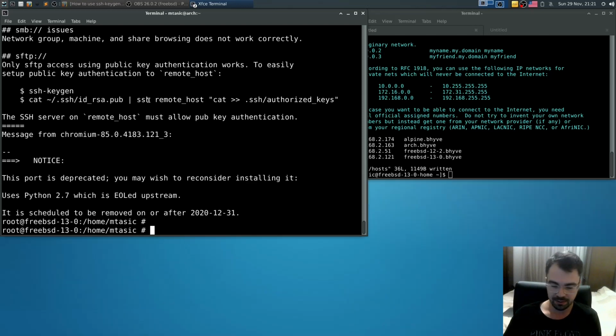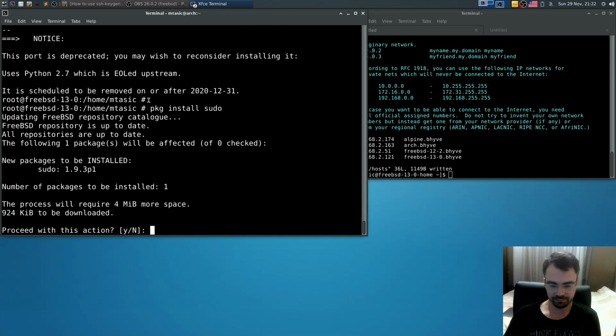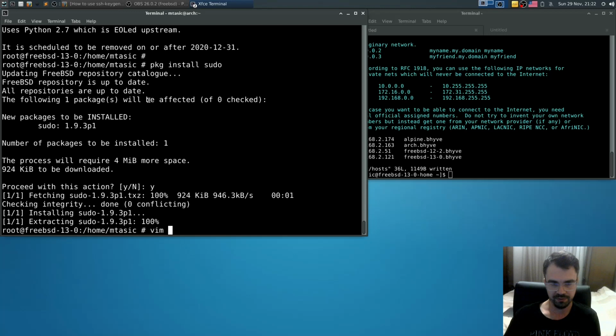Yes, let's now configure. Let's make sure sudo is also installed. It's not. Vim /usr/local/etc/sudoers.